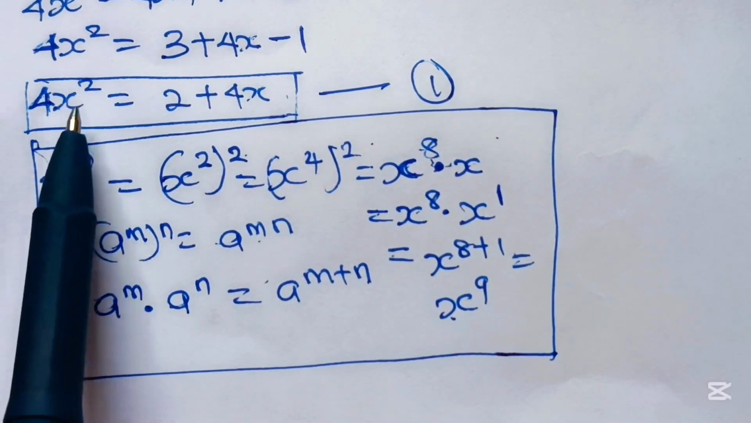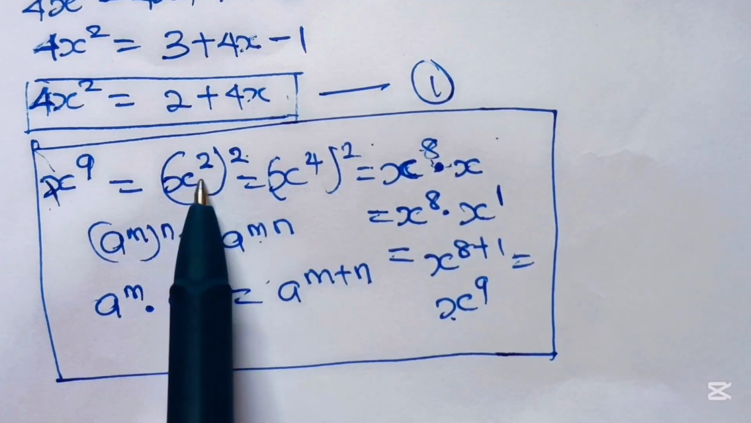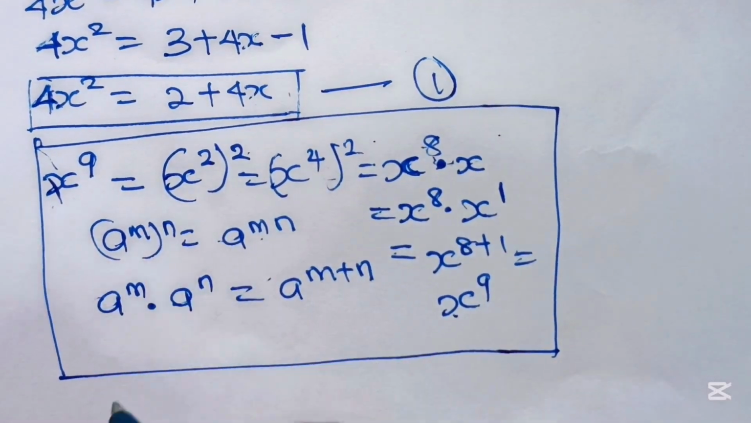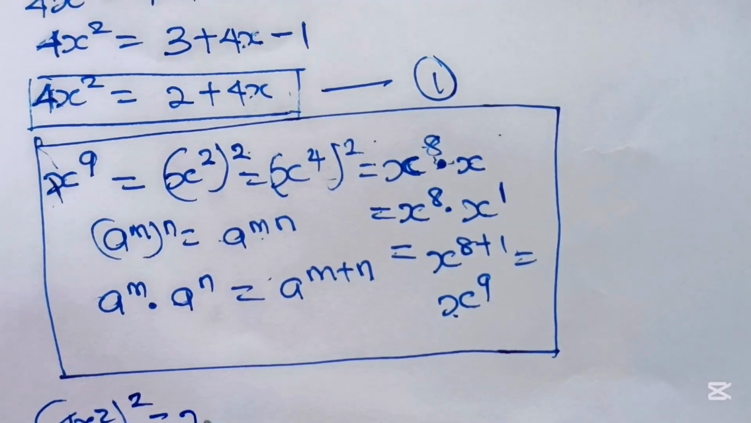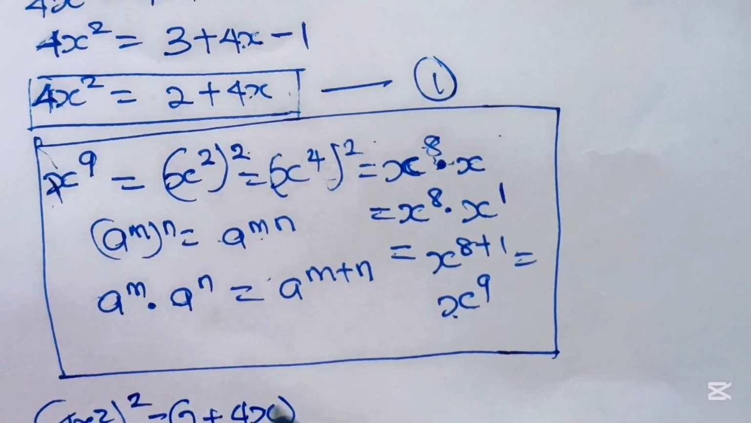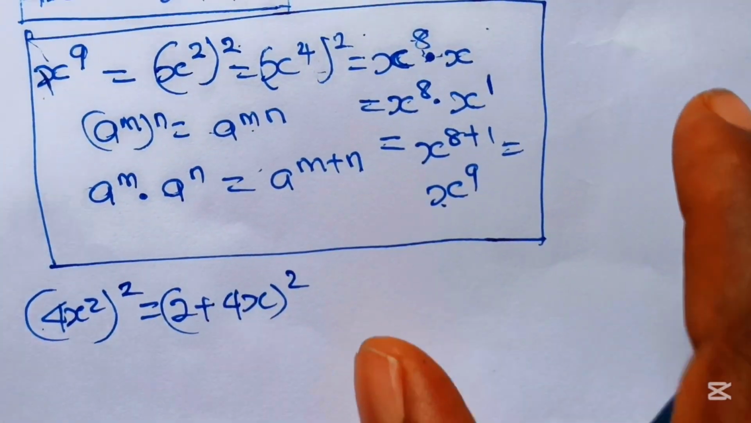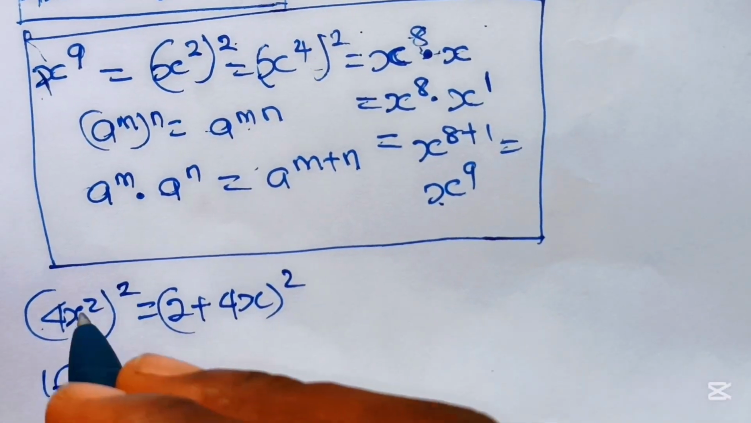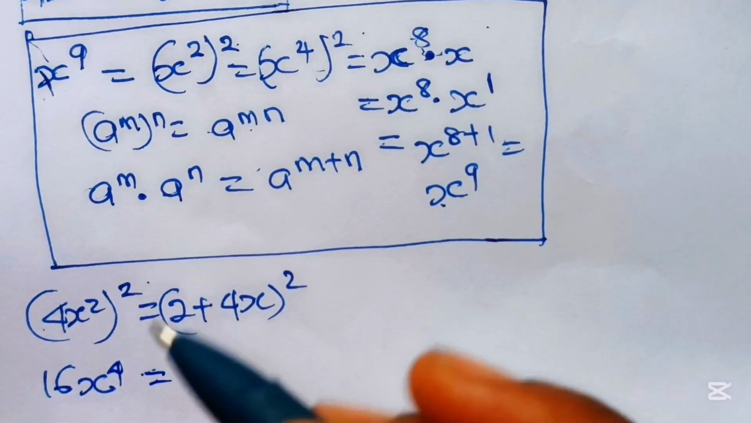Square this. And we cannot just square this, we are going to square both sides of the equation so that we can get to x to the power of 4. Okay, so let's do that. So we have 4x squared is equal to 2 plus 4x, squared. Okay, now 4 squared will give us 16. We have 16. X squared is x to the power of 2 times 2, which is 4, is equal to,